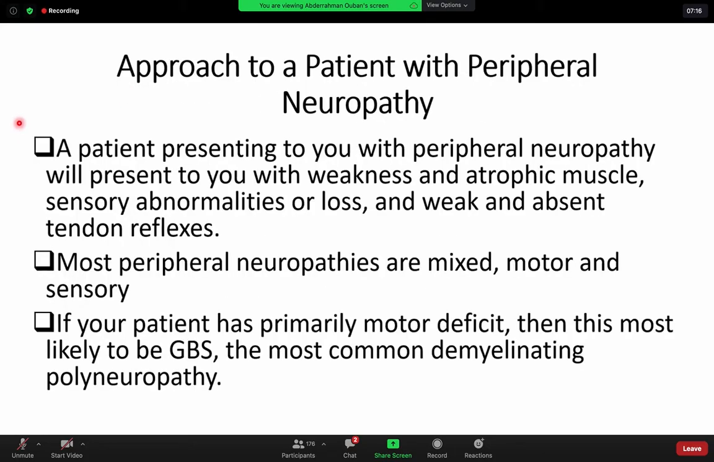All right, so now, a patient presenting to you with peripheral neuropathy will present with weakness, muscle atrophy, sensory abnormalities or loss, and weak or absent tendon reflexes. So most of the presentations that you are going to be getting,